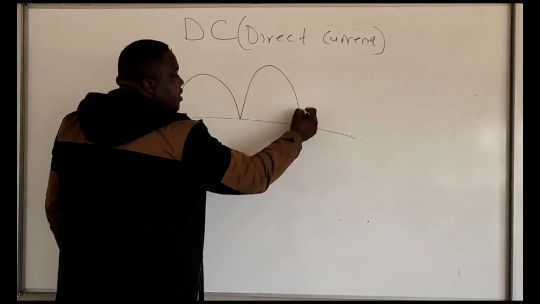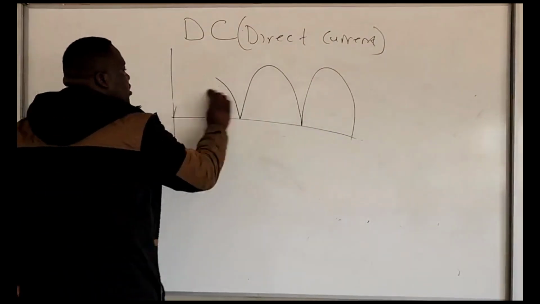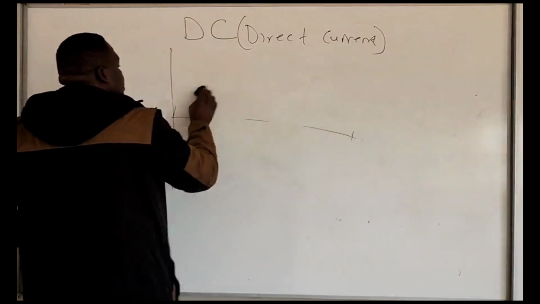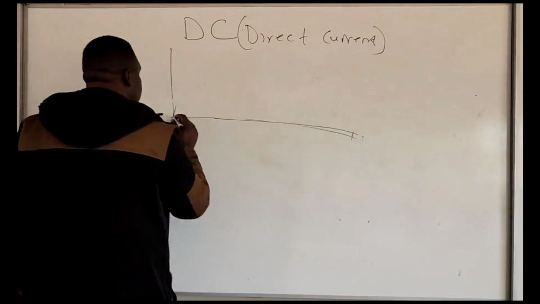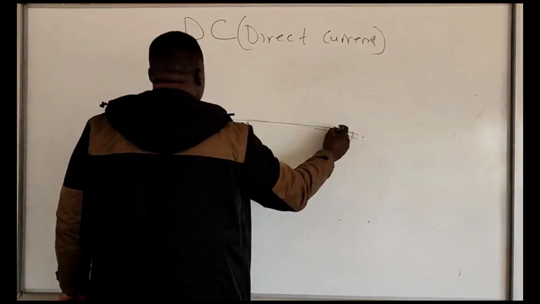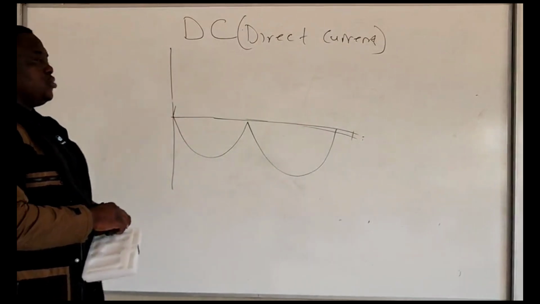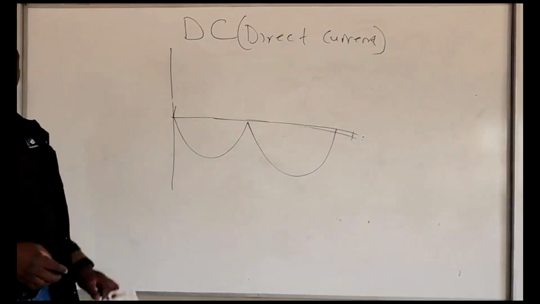Or if you don't want to draw it at the top, your graph can be at the bottom. Your graph can be like this. So it depends on how you want to draw your graph. The main important thing is to know where your